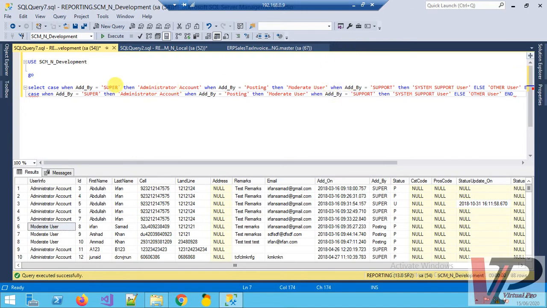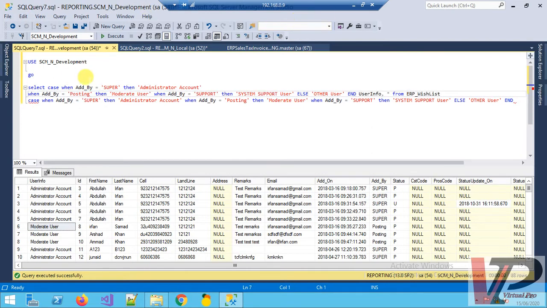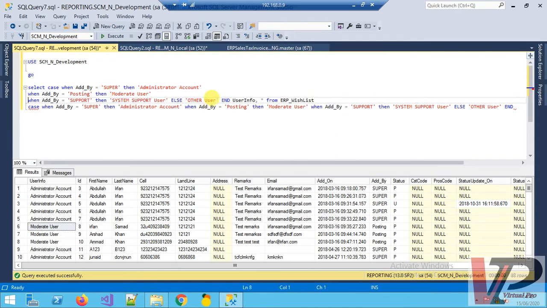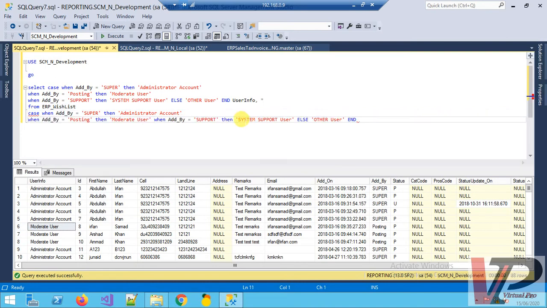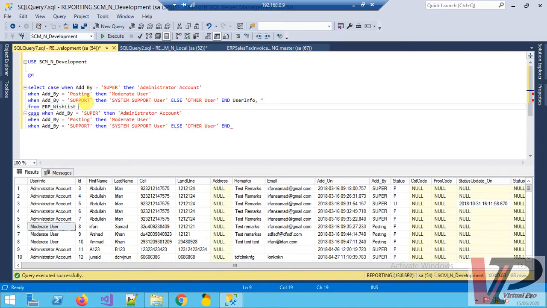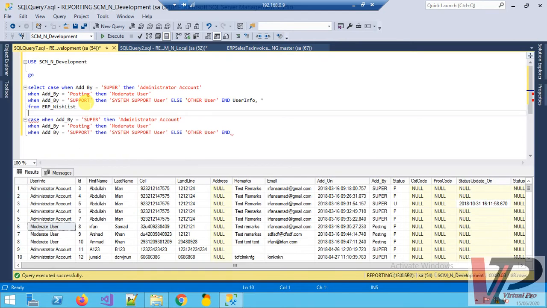To simplify and give you the whole description, the whole thing, I will move this to the next line, so it will be easy to see all the queries and values. Where